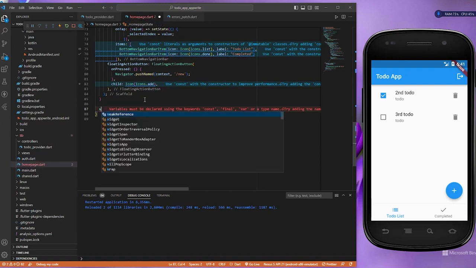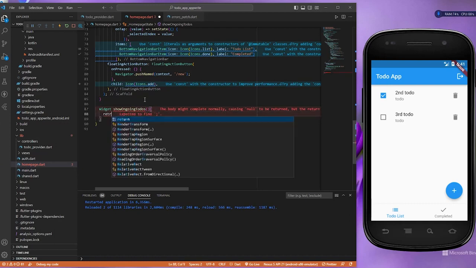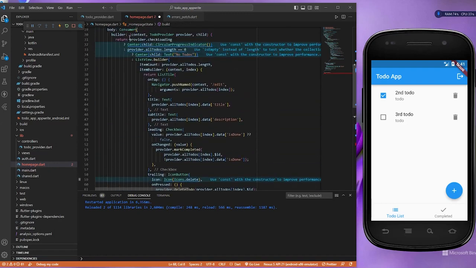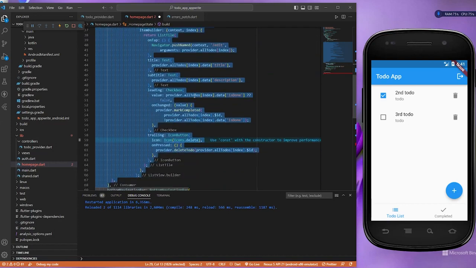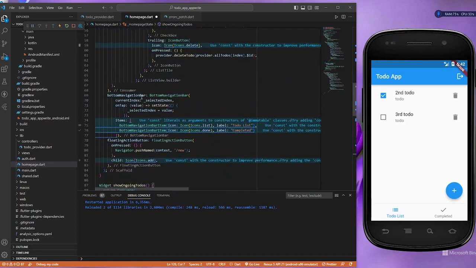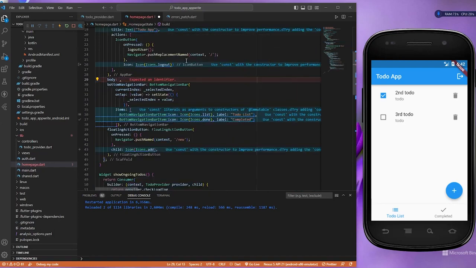Like widget show ongoing to-dos. It should return. Just copy the full consumer thing from here to here, copy it and paste it. Now instead of this consumer, we can add show ongoing to-dos. So it will have no change, but